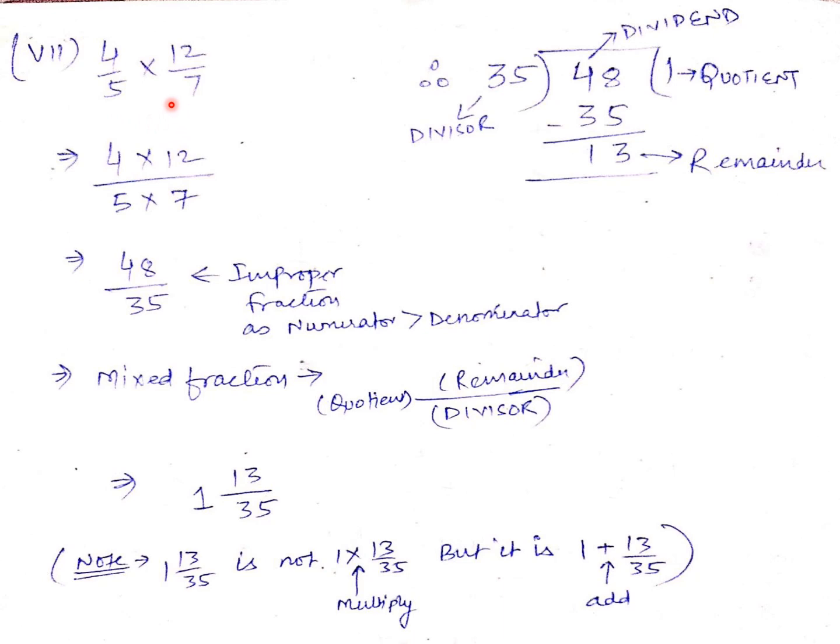Same method. We have to multiply the numerators and we have to multiply the denominators. So we have 4 into 12 upon 5 into 7. Now, if you look at this step only, is there any number which can divide any number in the numerator and denominator? If you pay attention, there is no such number which can further simplify the numbers. So we have no other option but to multiply them as they are. So 4 twelves are 48 and 5 sevens are 35.